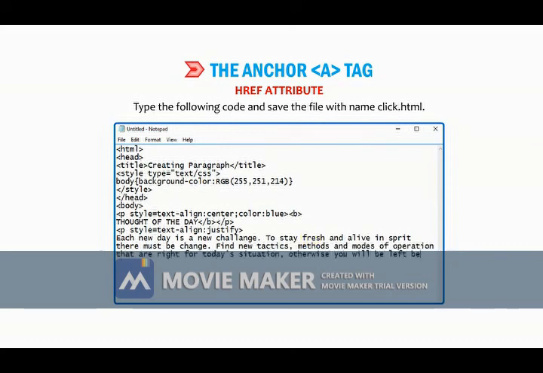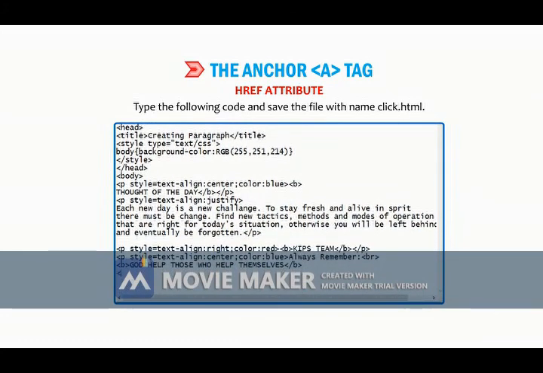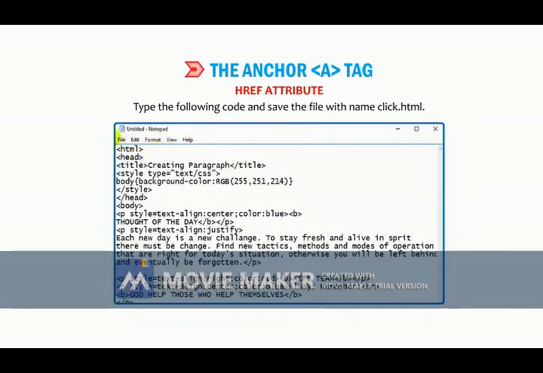Otherwise, you will be left behind and eventually be forgotten.</p><p style="text-align: right; color: red"><b>Kibs team</b></p><p style="text-align: center; color: blue">Always remember<br><b>God helps those who help themselves.</b></p></body></html>